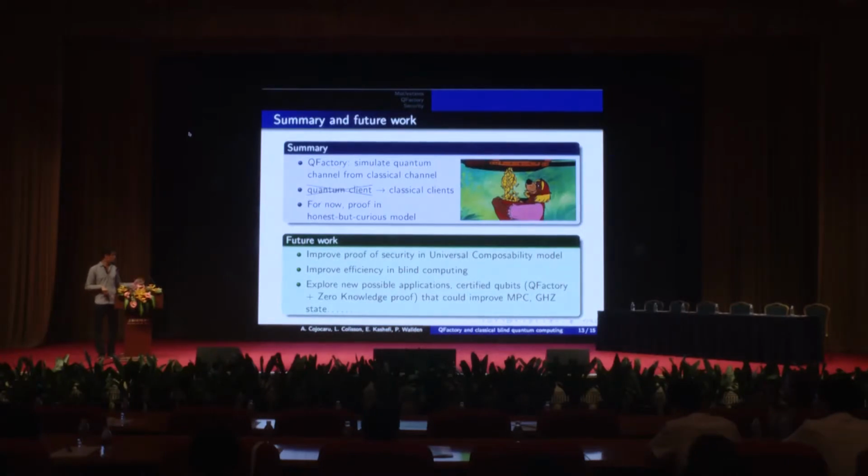And for now, the main downside of this protocol is the security proof that we did only in this honest but curious model. And so, of course, we want to have a fully malicious adversary, and the next step will be to improve the proof of security in a fully malicious setting, and improve the efficiency, sorry, in some specific application like blind quantum computing, as well as exploring new possible applications. I think that this functionality can be used, okay, to replace quantum clients by classical clients, but